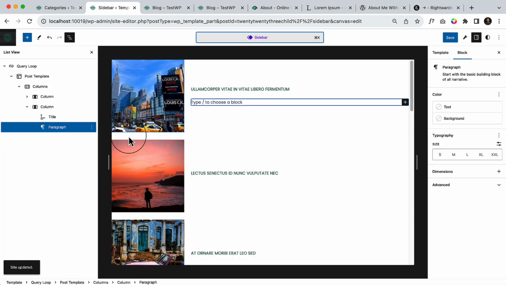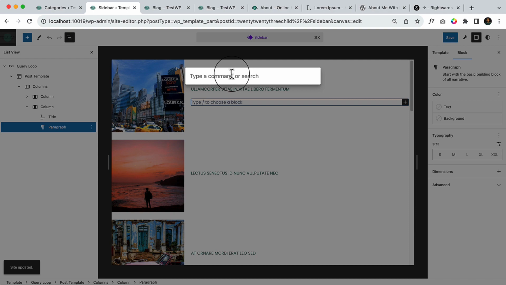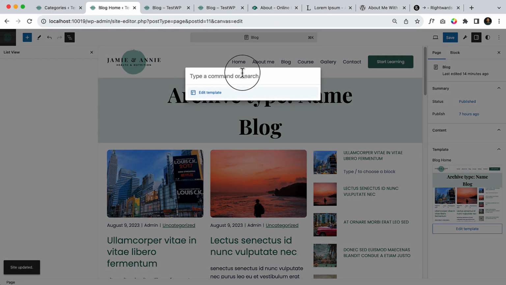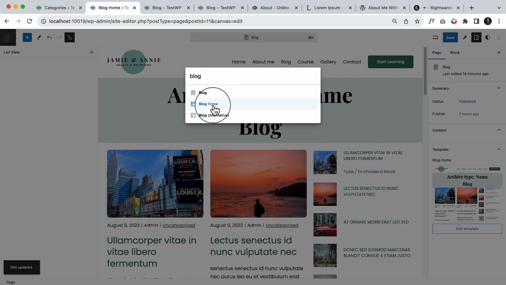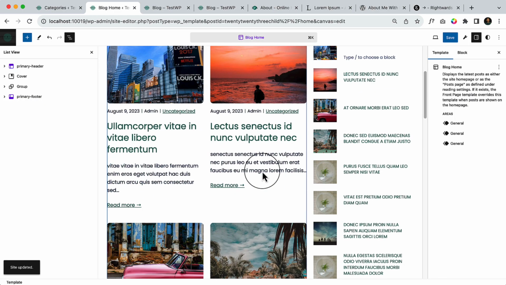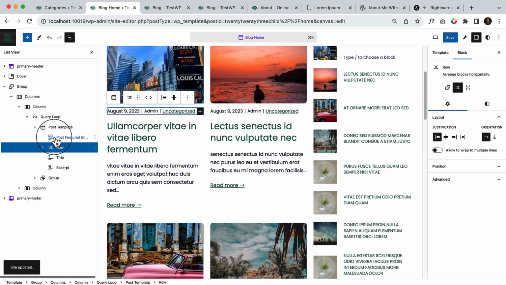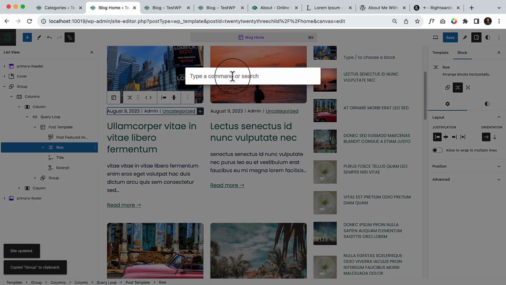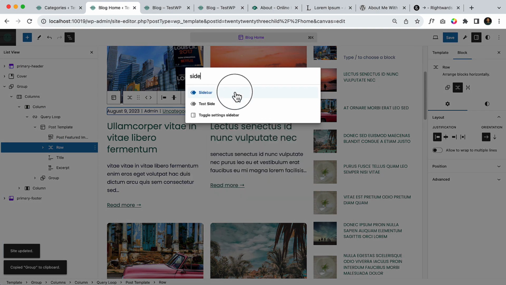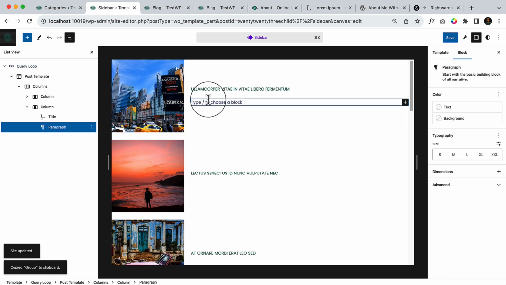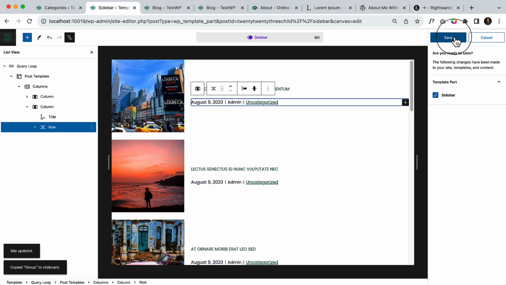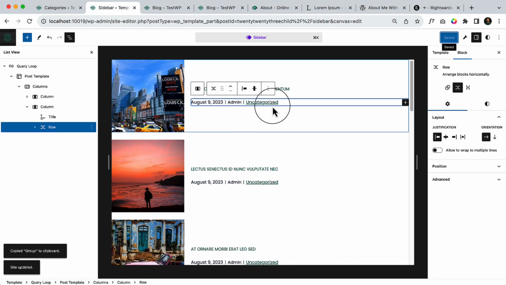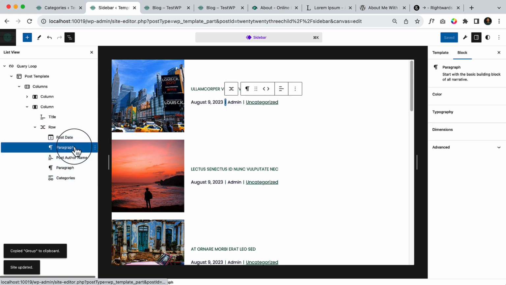It didn't copy properly, I don't know why. Blog, not this one, blog homepage. Copy and sidebar, paste, update and reload. And from here I'd like to remove